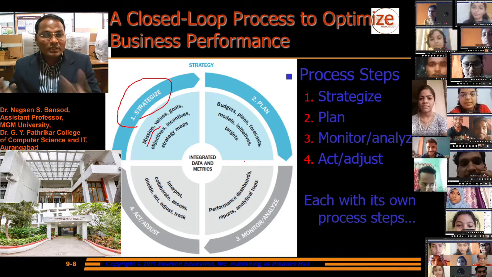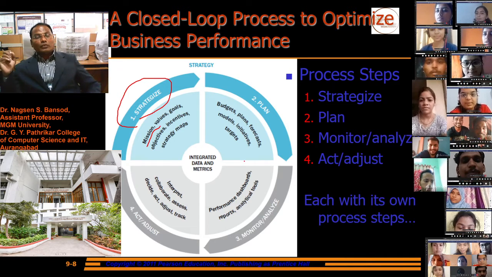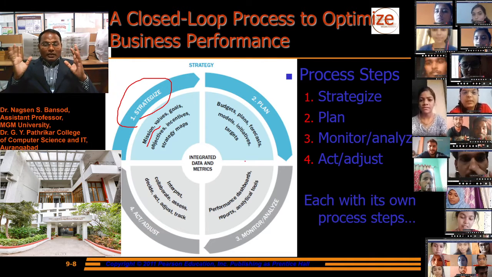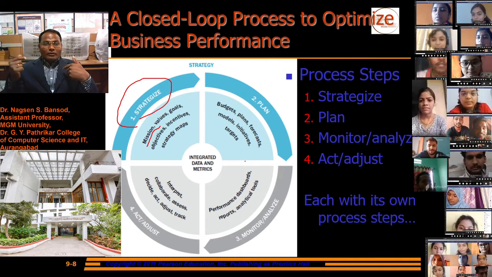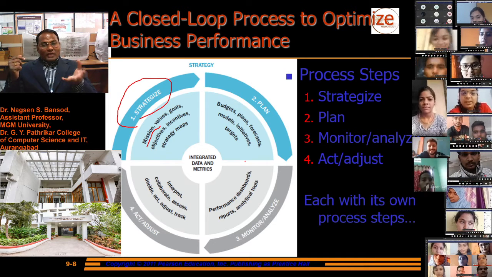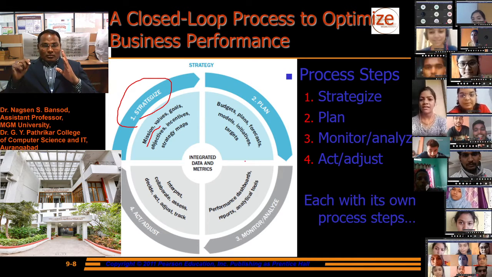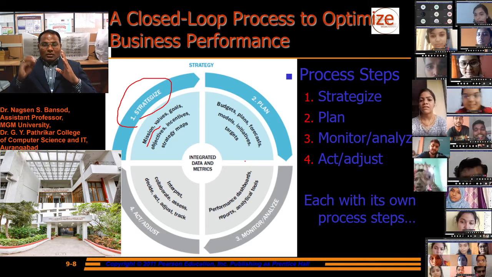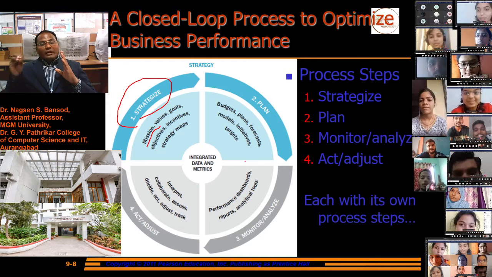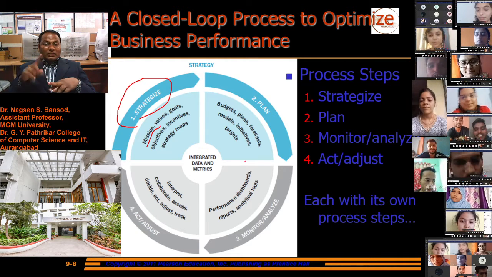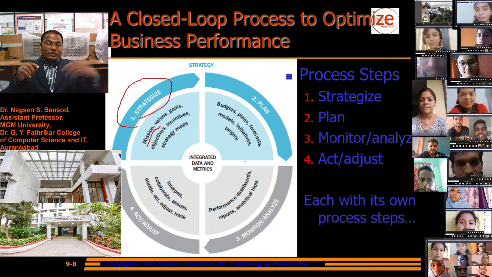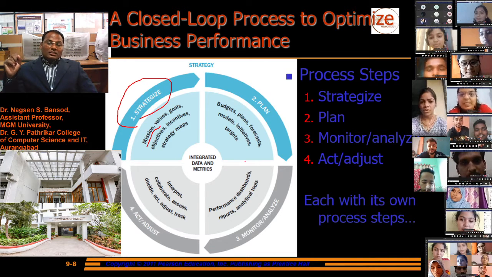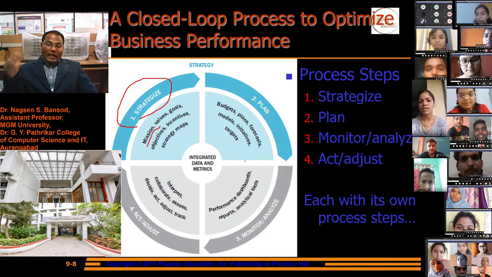Incentives: give incentives to the employees so that they can work hard, and we collect the faith of the employees by providing incentives. And targets: we have to decide the targets in each and every business. To achieve that target we require all these: budget, plan, forecast, model, incentives, and all the missions, values, goals and like that. After this, the next one is monitor and analyze.